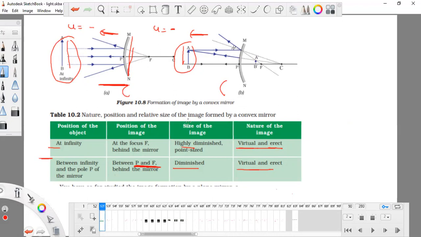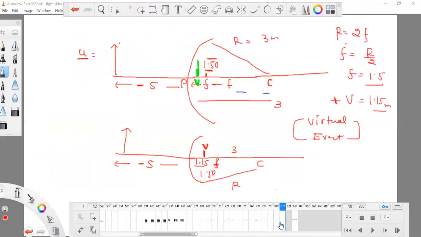For today you just practice how the value is obtained. This is an example directly from your book, page number 171, example 10.1. I just captured this example from your book. Tomorrow I will tell you how to draw this case, how to form an image. Definitely we are going to form an image. This is the point of the image, but the image is not forming. We know that the image forms here. So we will learn this on Monday.